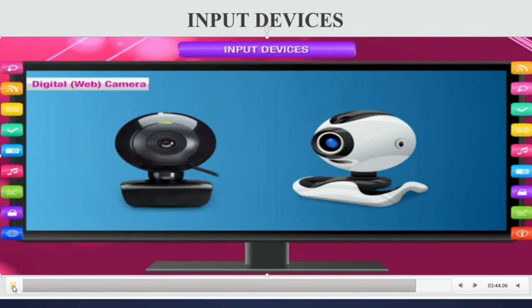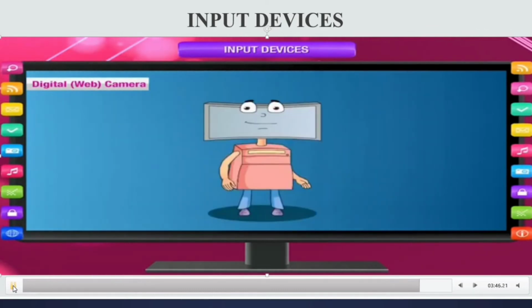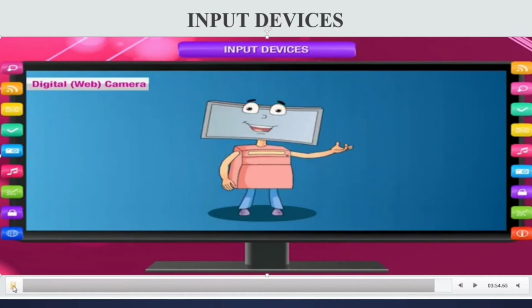So the input devices help us to communicate with the computer in many different ways, right? That we showed here: the keyboard, mouse, joystick, webcam, stylus.